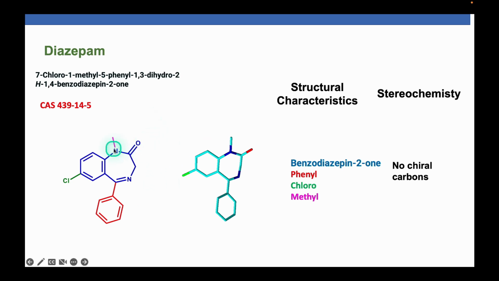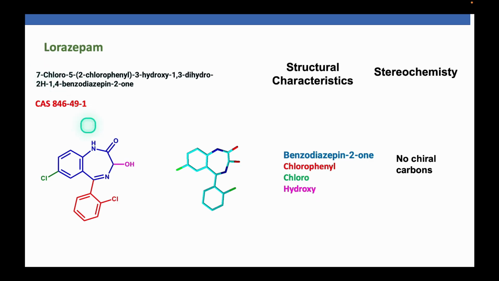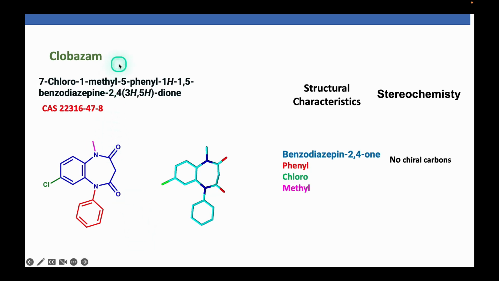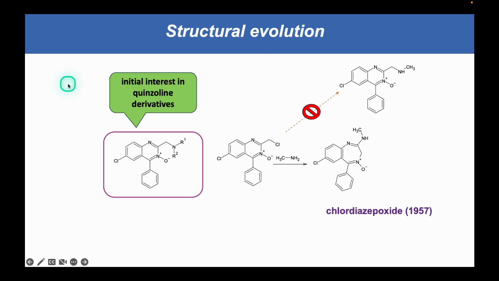Diazepam is a 1,4-benzodiazepine, in which the methyl attached to the nitrogen at position 1 stands out. In lorazepam, the hydroxyl group stands out. In midazolam, the fused imidazole heterocycle stands out. In clobazam, it is notable that, unlike other benzodiazepines, it is a 1,5-benzodiazepine. We can say that this class of drugs was discovered by chance, as initially there was interest in quinazoline